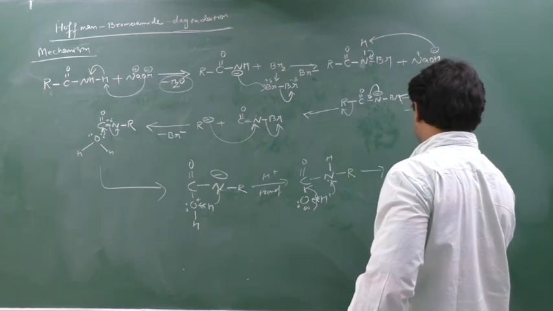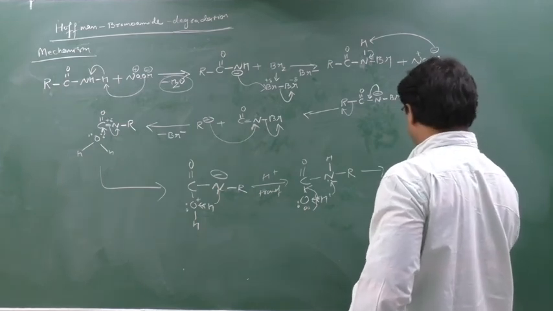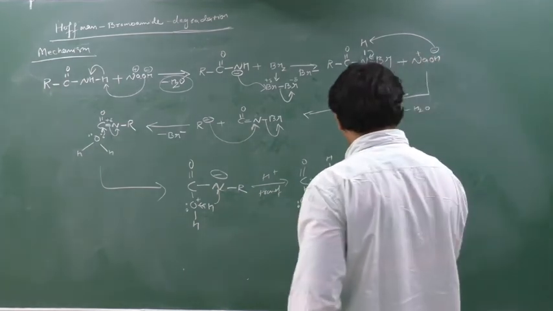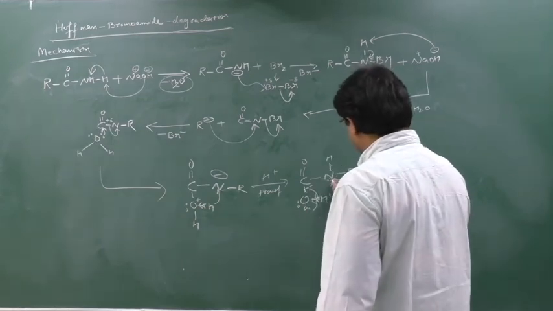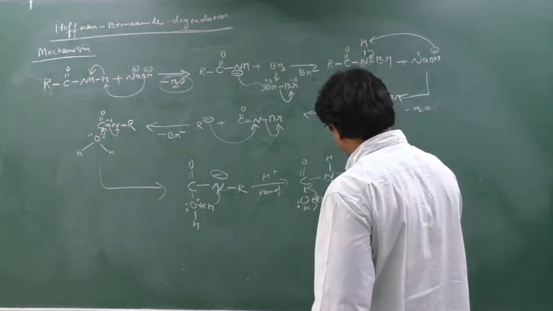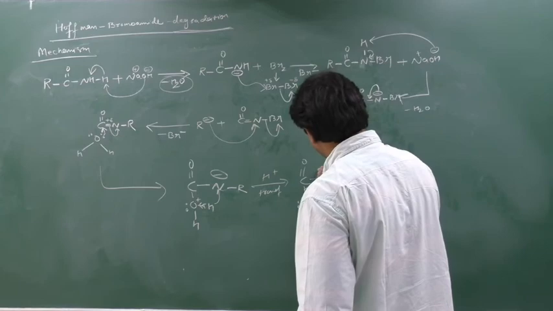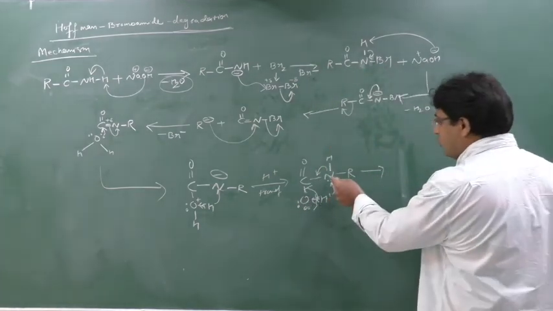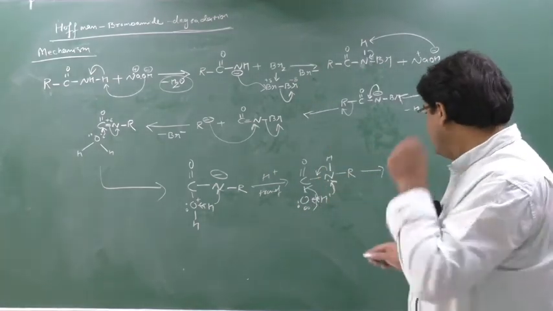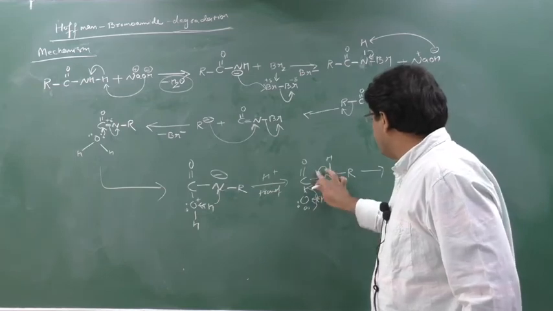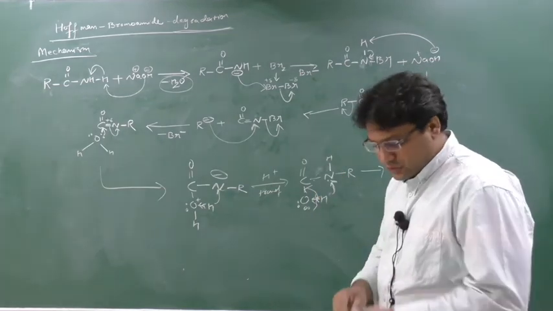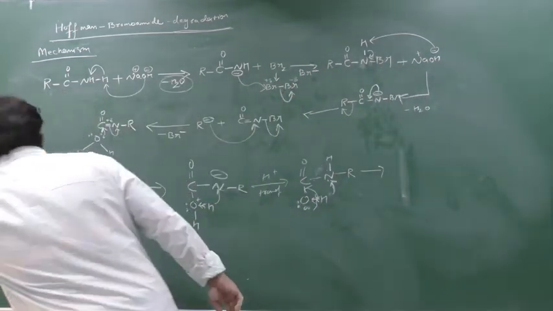So what will happen? See, double bond O will be there. Yes or no? That is C. Okay. So here bond is breaking, nitrogen is making here a new bond. So this bond will get broken. To make a new bond, an old bond has to break, no? Or to make a double bond, this bond will get broken. See here, once more I will tell you because it's a bit difficult, I know.